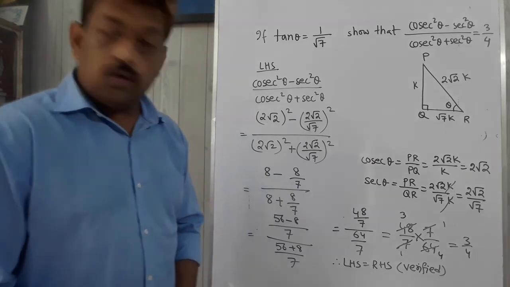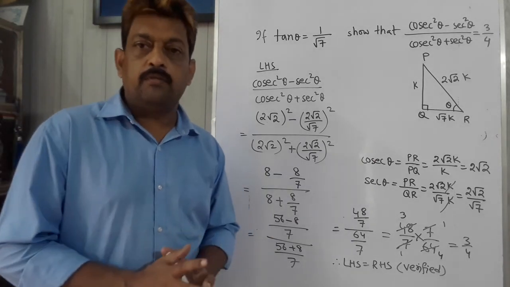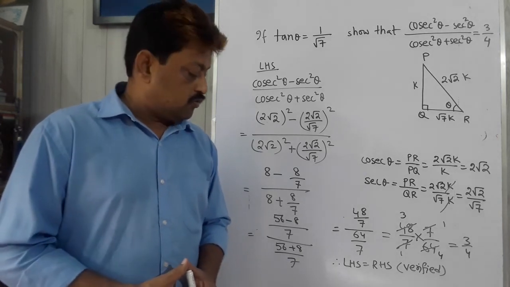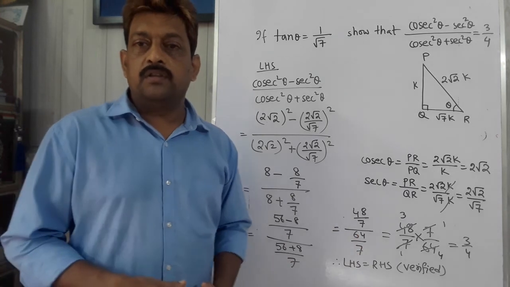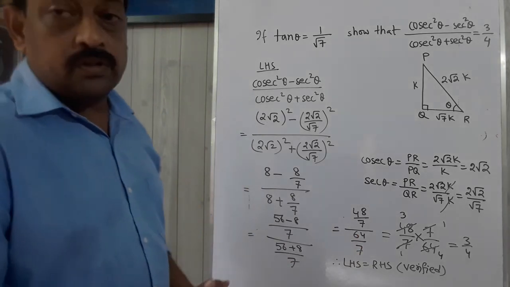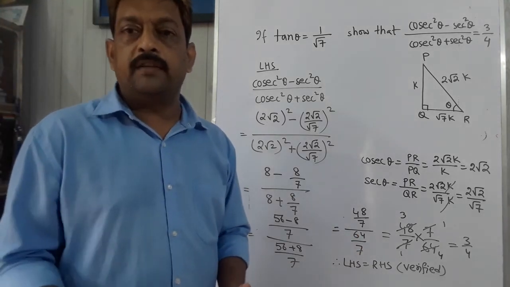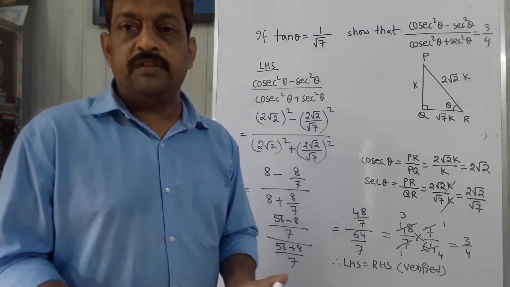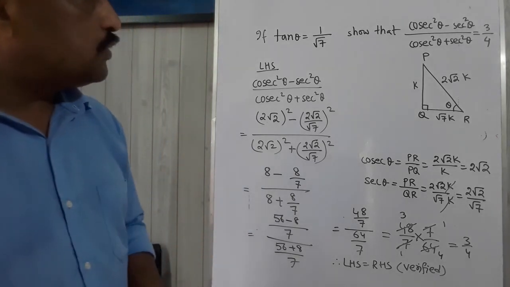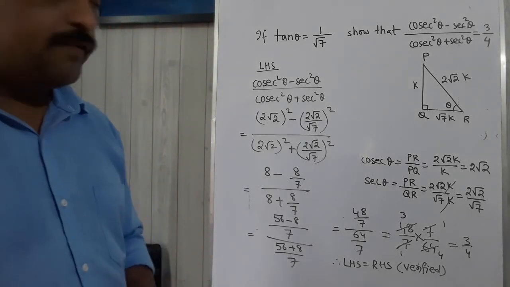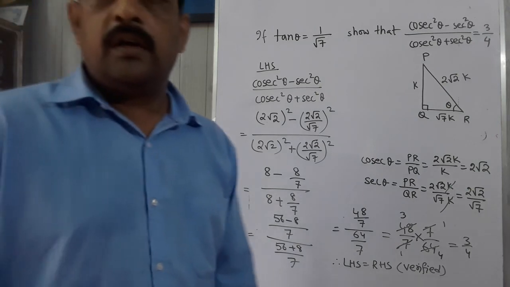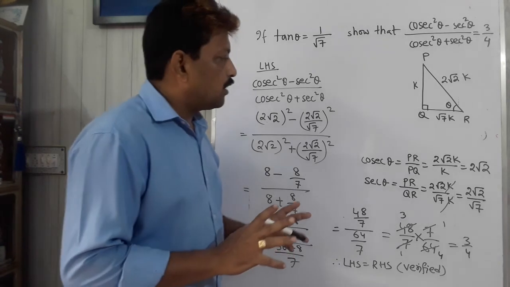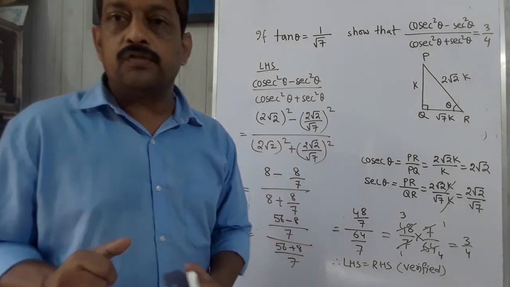Understood? So hope you have understood how to do this type of problem. We'll solve a few more problems in the next session. So till then you have to practice all these types of sums. Some more sums are there, so you can find different types of sums from the exam papers of previous years. So try to practice those sums, try to do them by yourself. Hope you'll be able to do it, because by now you have gained so much knowledge and confidence to do the sum.